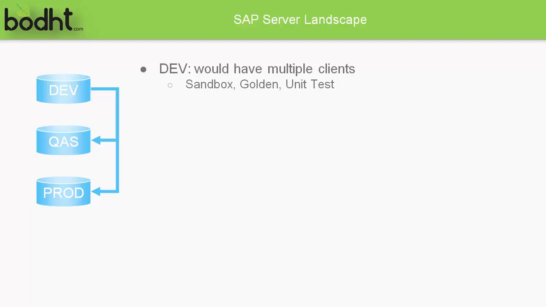You may want to try out a few things, or make some trials to know whether this is really going to work or not. All that you can do in Sandbox. And Golden is a fresh and neat client where the actual implementation starts. Whatever you have done in Sandbox, you cannot take to the Golden. So the Golden client is the fresh and neat configuration, and that is where it starts.